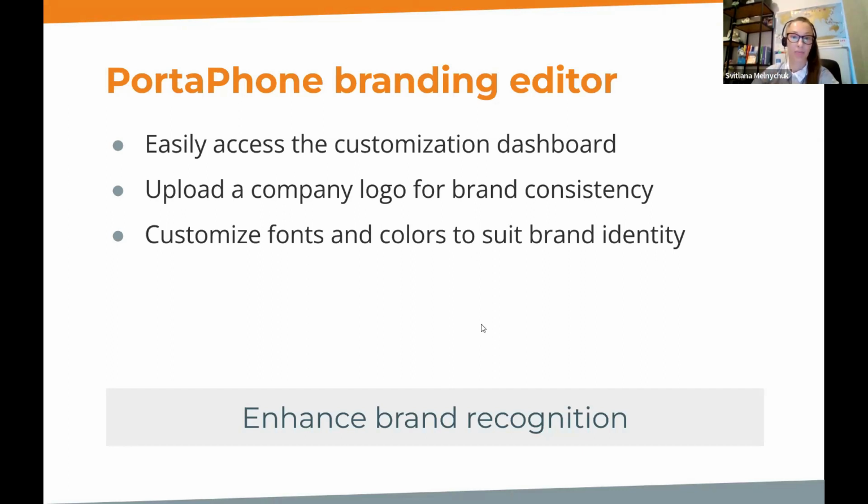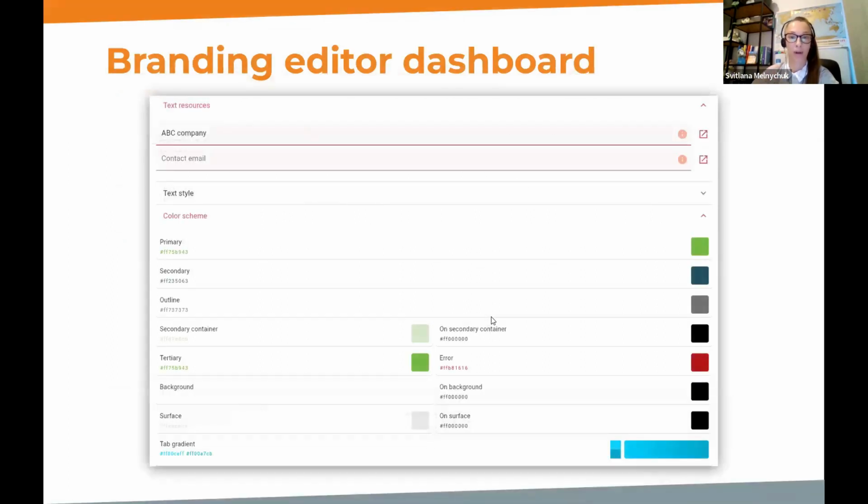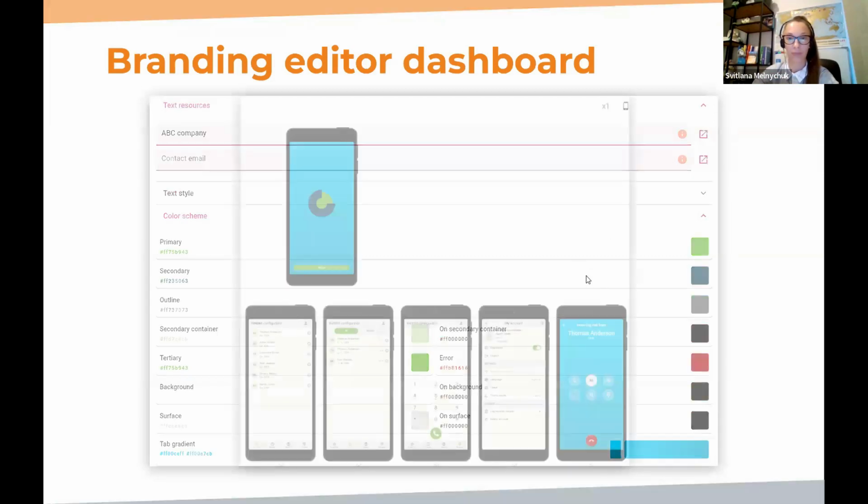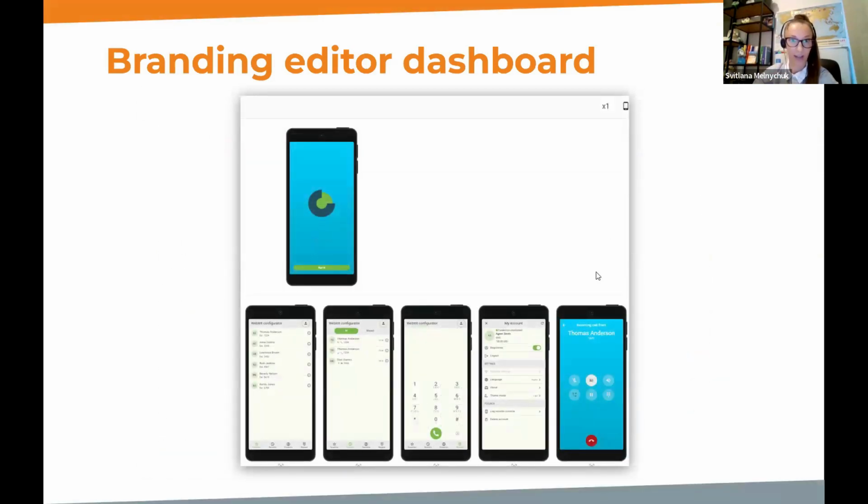You can select pre-made themes or create your own. You can pick primary and accent colors to match your brand, and upload your logo and brand icons for a unique look. You can see your customization in real time, and you can hit the save button, and we will compile this application and create it for Android and iOS. With the PortaPhone Branding Editor, you have the power to create a custom branded PortaPhone application that's a true reflection